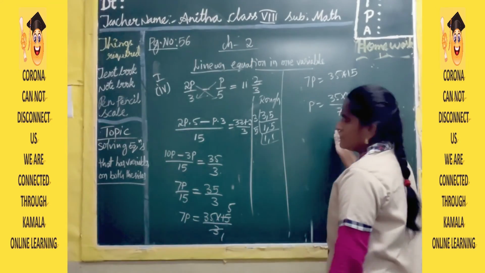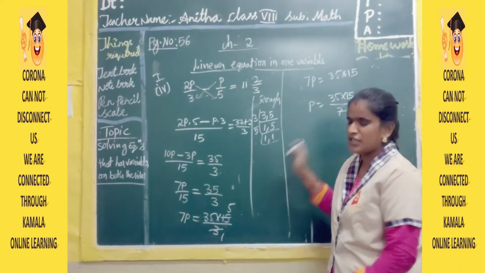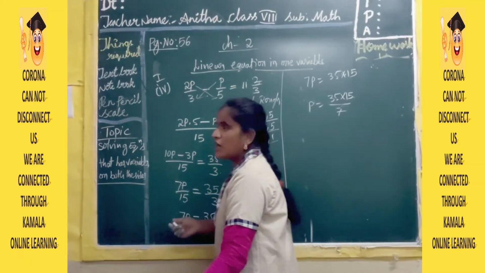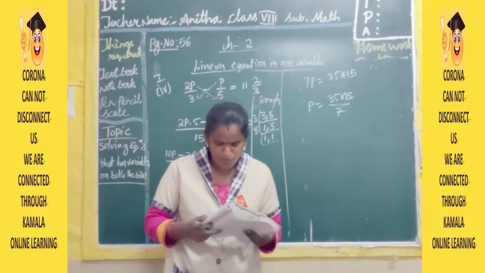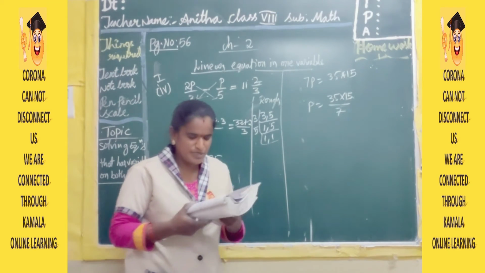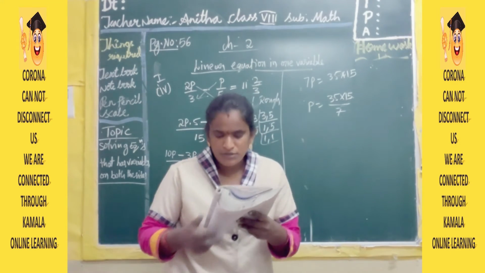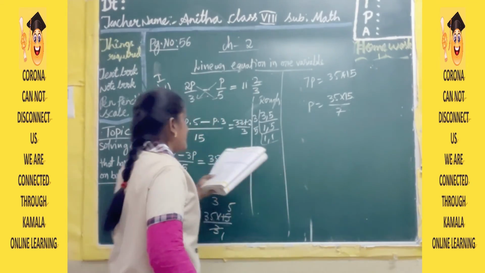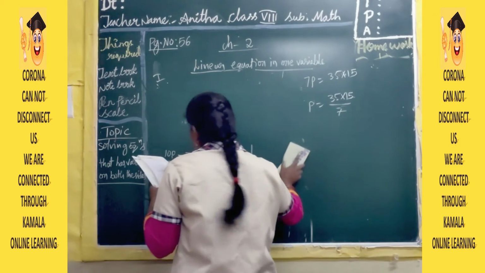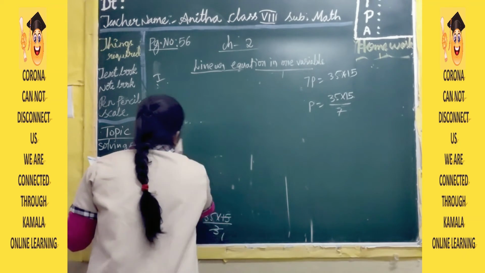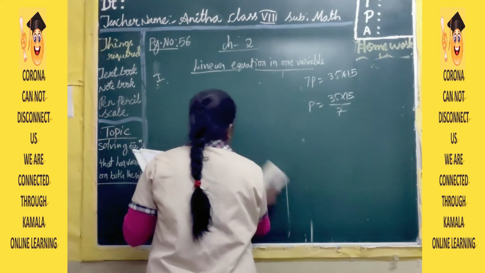We want the calculation, we can do it. Always keep like that only. Okay, children? So like that you have to find out the p value also. Next, coming to the next problem, you have to observe in your textbook. This sixth one has some difficulties. I will tell you the sixth one. You have to observe because they have given three combinations and an addition of some fractions is also given.